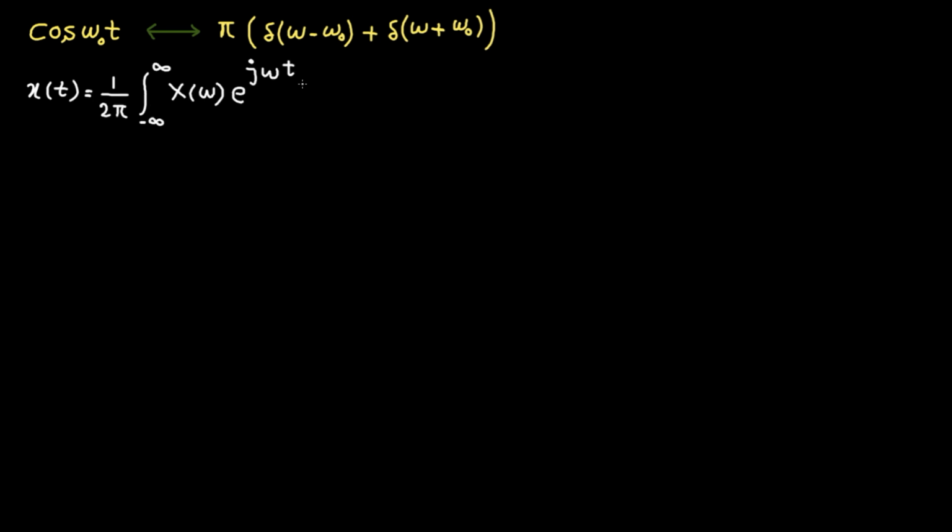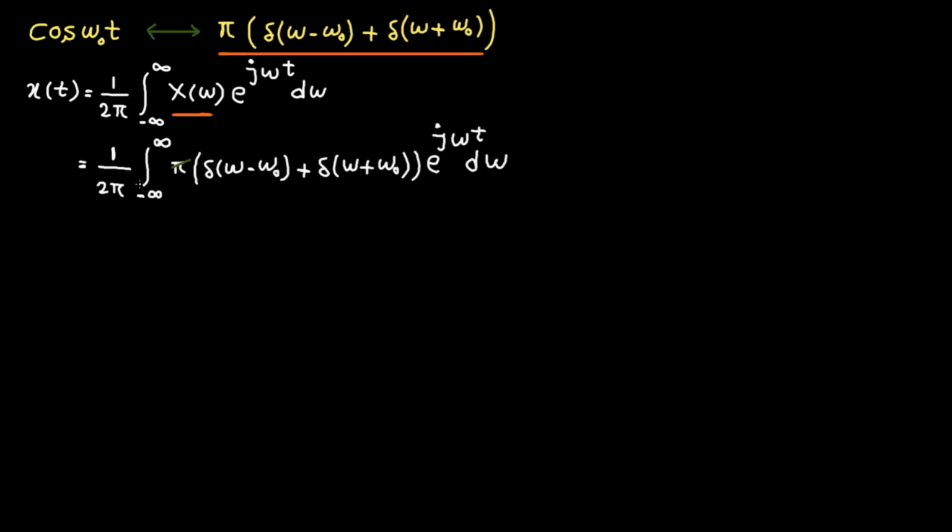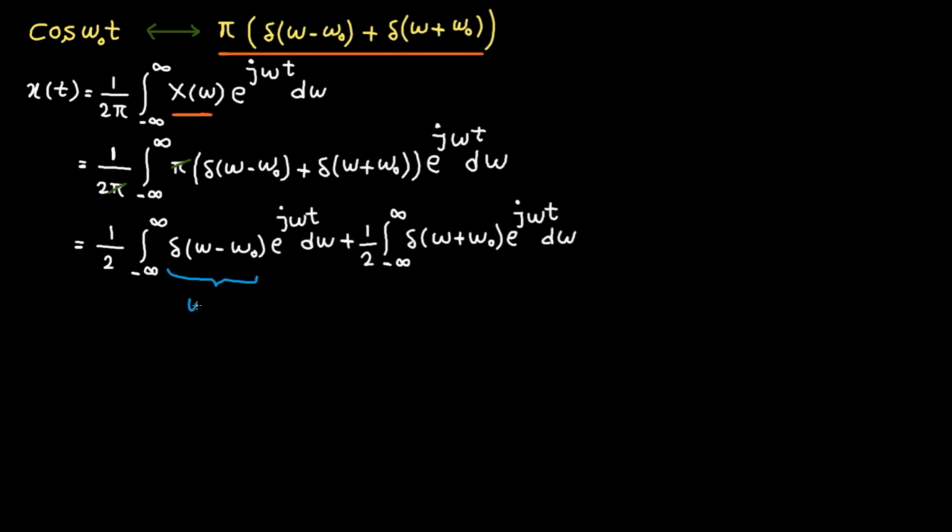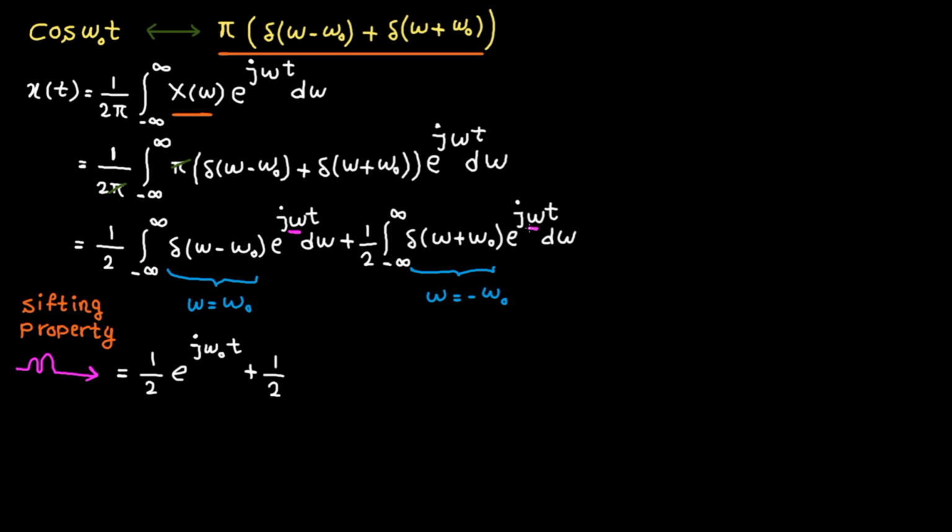If we have cosine function in the time domain, here is the Fourier transform. To prove this, I go with inverse Fourier transform equation and replace X of omega with this. Here we go. Pi is cancelled by pi. Let's break this integral into two integrals. This function is non-zero only at omega naught, and this one is non-zero at minus omega naught. Based on the shifting property, we just need to replace omega by omega naught here and by minus omega naught